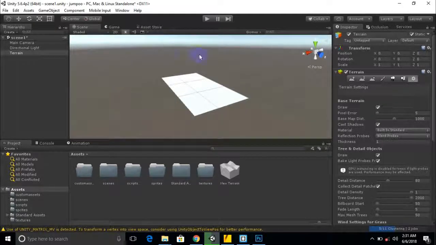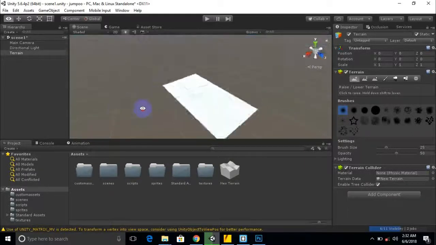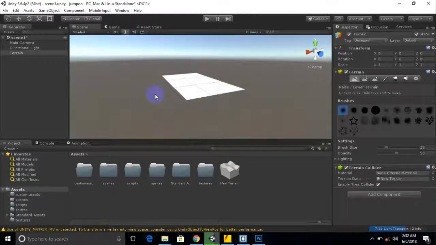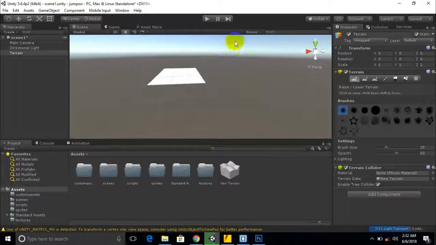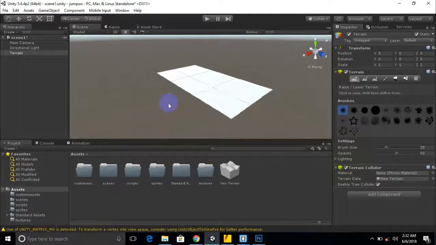Now we will set up our Skybox. Skybox is an important thing in Unity, and I am doing this in the initial stage because my workflow will be like this, and you can change your workflow however you want. So what is a Skybox? Actually, in a Unity game, you have 6 sides: front, left, right, bottom, up, and back. For those 6 sides, we need some images to place on them, and then those images will make an impact on our terrain,